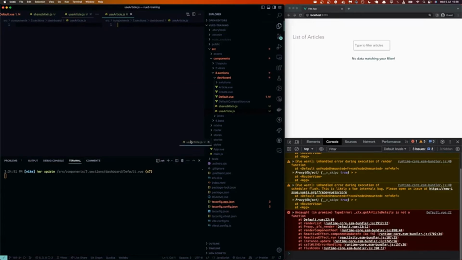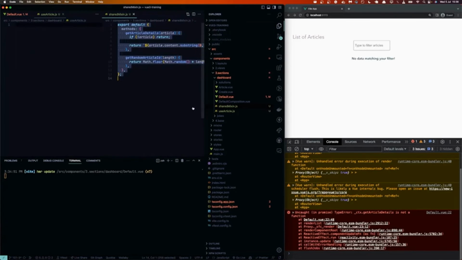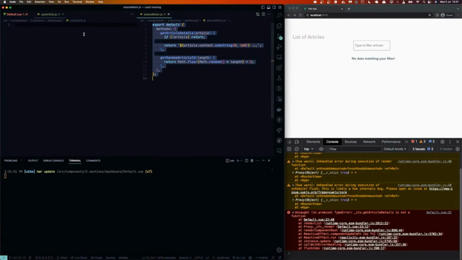And okay, that's not doing what it's supposed to. Let's just say we have that, and then we close that. So this is our mixin. Actually, I'll do it the other way around. So this is our mixin. Anyway, this is our mixin, and how we'd implement this functionality in composition functions is we would again export something,